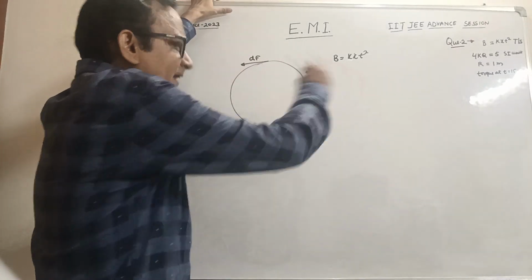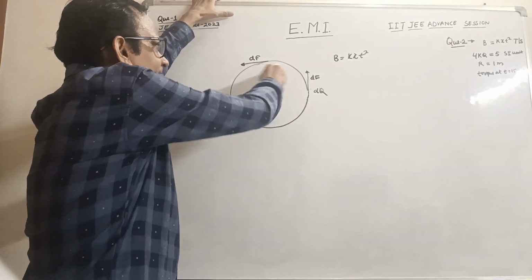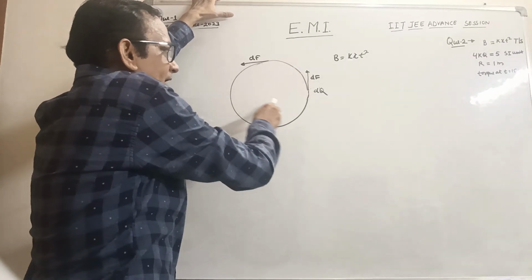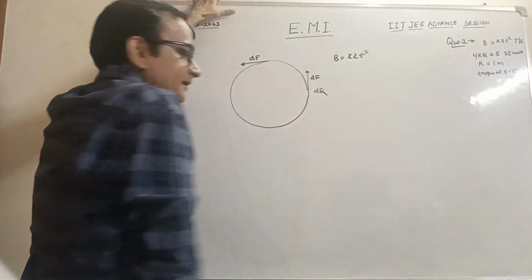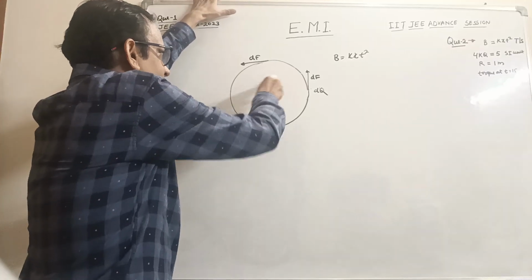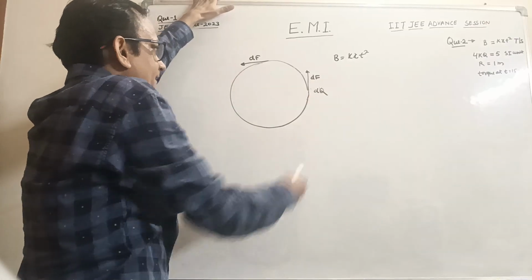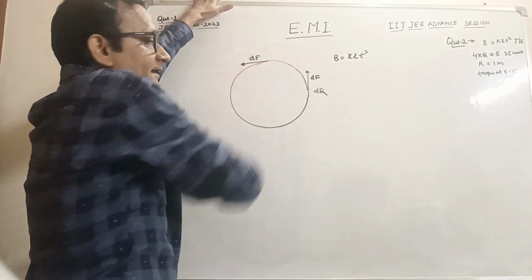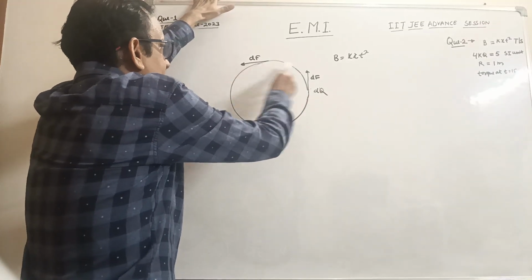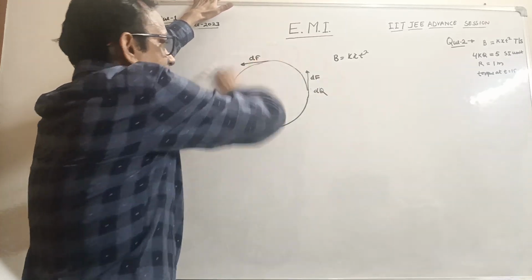This is the concept. Inside the radius is the magnetic field region. Inside the magnetic field region the induced electric field is proportional to r, and outside the region it is inversely proportional to r. The field lines form closed loops like this, and outside the region there is no magnetic field, but the induced electric field is present in circular loops, and the direction is tangential.